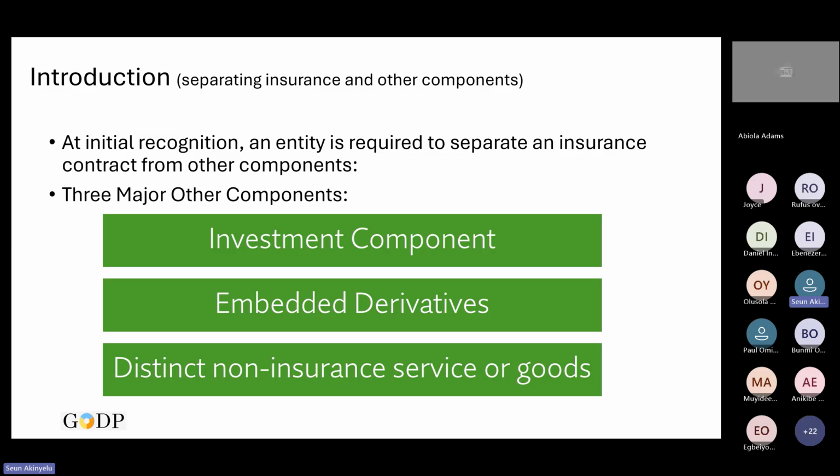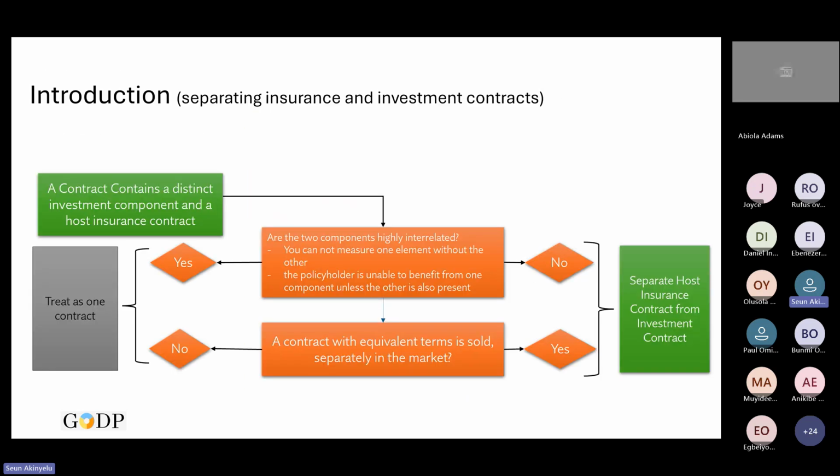You can actually have a contract where you have both an investment contract and an insurance contract together. You can have such where you have an embedded derivative with an insurance contract. You can even have a service contract with an insurance contract. So you can have composite contracts, but the standard will require that you break them apart when some things subsist. Let us look at where we would have to break them apart.